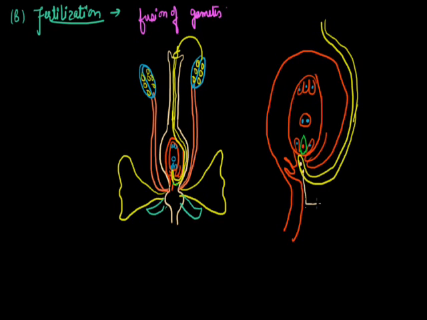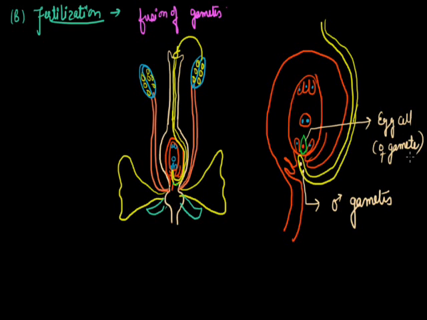The pollen tube contains two male gametes. These are the male gametes. First of all, one male gamete enters and gets fused with the female gamete, that is the egg cell. So fertilization in angiosperms is known as double fertilization. Why? Because this one is a two-step process. In the first step, one male gamete gets fused with the female gamete. This process is called syngamy.